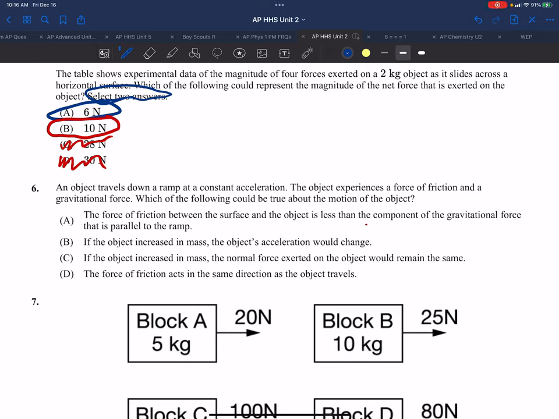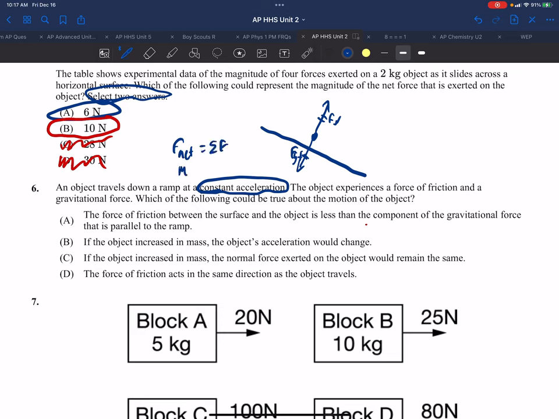So in this question, we have an object traveling down a ramp at constant acceleration. So that means we have the components of gravity, Fg perpendicular and force normal, being equal and opposite to each other. It's that constant acceleration. So that means the net force